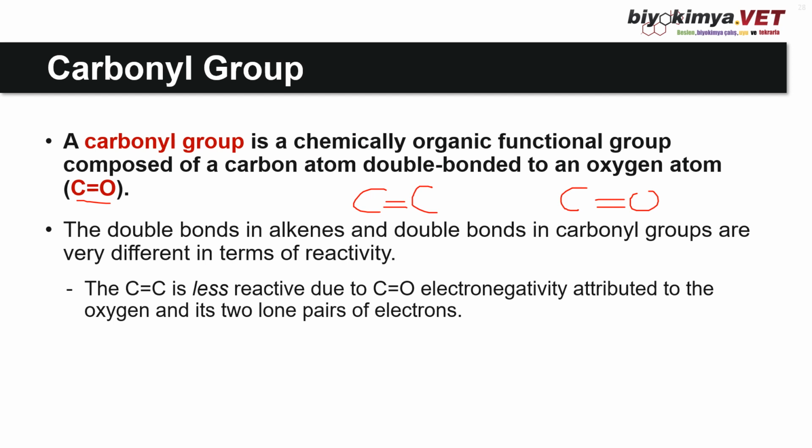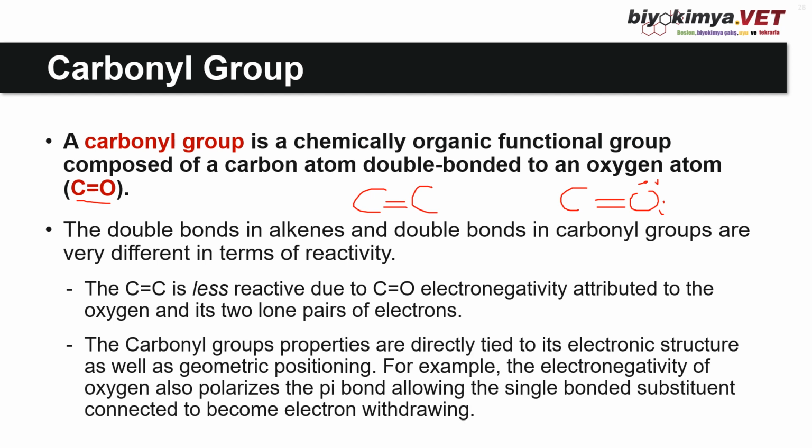And the carbon-carbon double bond is less reactive than the carbon-oxygen double bond due to the electronegativity attributed to the oxygen and its two lone pairs of electrons. Don't forget, the oxygen carries two lone pairs of electrons. And the carbonyl group's properties are directly tied to its electronic structure as well as geometric positioning. For example, the electronegativity of oxygen also polarizes the pi bond, allowing the single bonded substituent to become electron